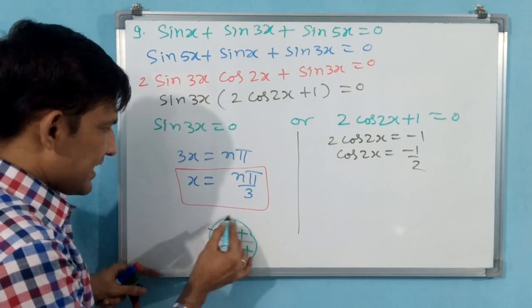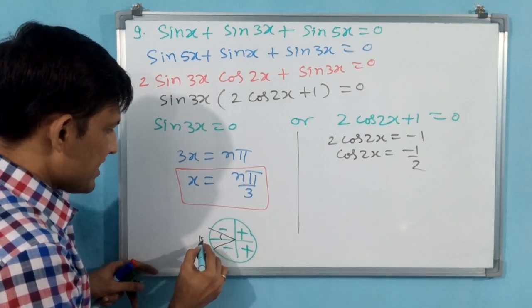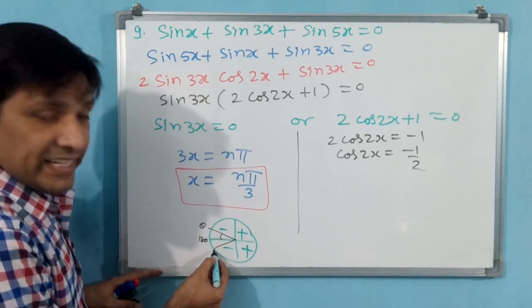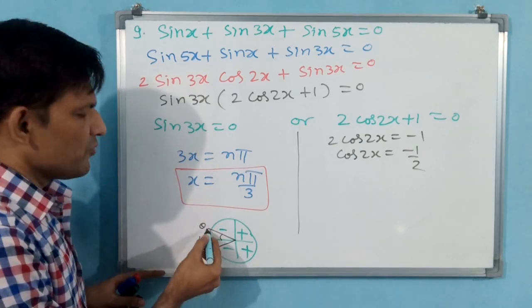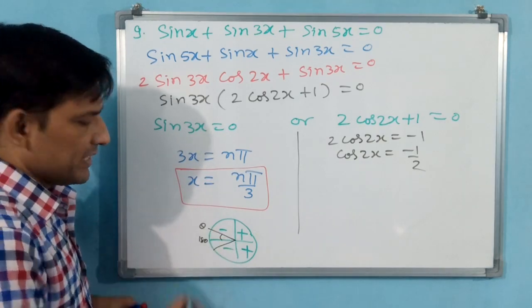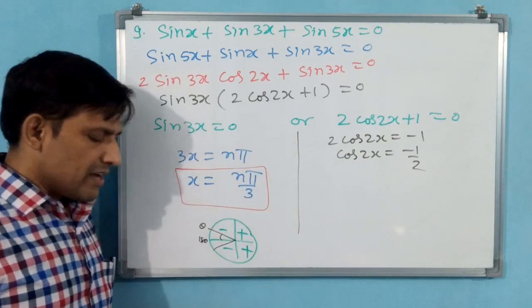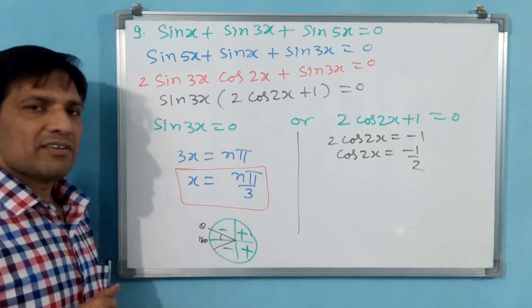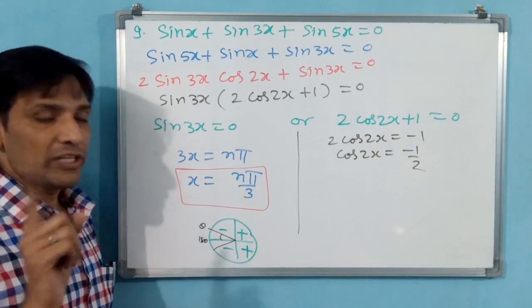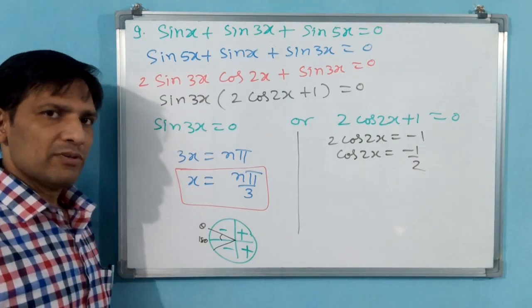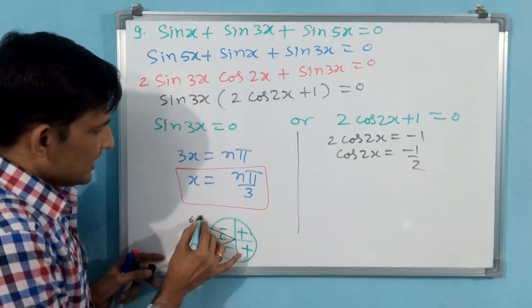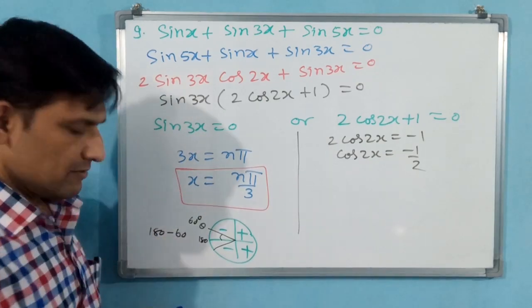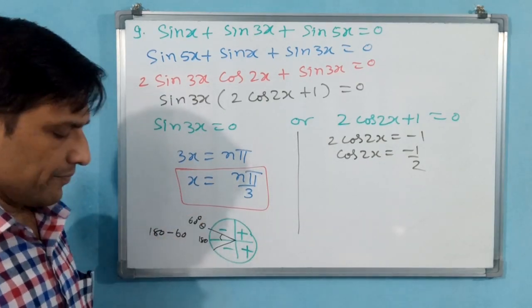First angle, this one. 180 degree minus theta. 180 plus theta means second angle will come. That also you can take, but you will take first angle only. This one only we will take theta. Cos where 1 by 2 will come? 60 degree. Cos 60 is 1 by 2. Cos 30 is root 3 by 2. That means this is 60 degree. 180 minus 60. That will be your y.